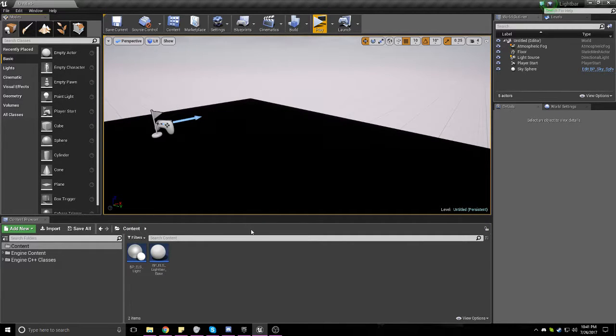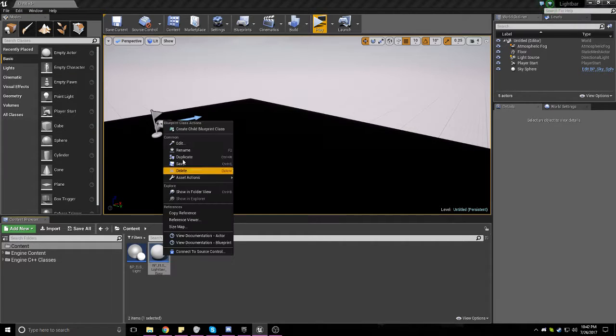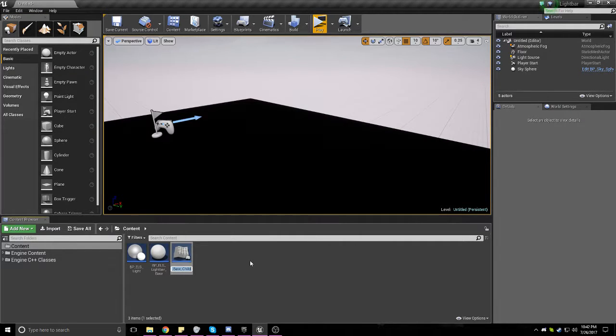Alright, so I just wanted to show how to set up a light bar with this new light bar system that I made. It's really simple. There's going to be this base class, right now temporarily named BP ELS light bar base, and that is, for the time being, just a mesh, but later on we'll add certain components to the light bar that are specific to it and all the other light bars. So you right click it, create a child blueprint, and we can call this something specific like